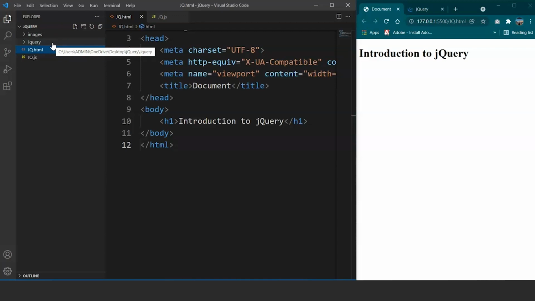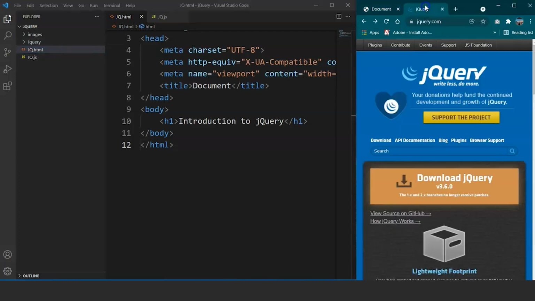Fine. Now there are two different ways of including jQuery in an HTML file. We can either use a CDN for that or download the jQuery file and save it somewhere in our system, and then we can use it later. So the former way needs an active internet connection, and for the latter one, the internet connection does not matter. So let's download the jQuery file and then we'll see how to use jQuery.